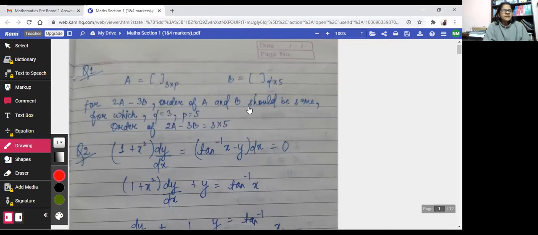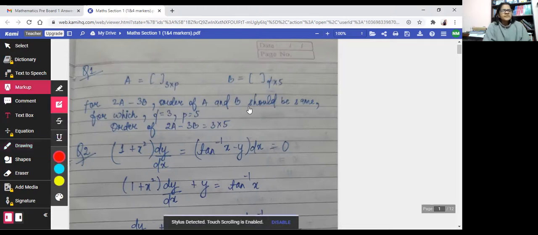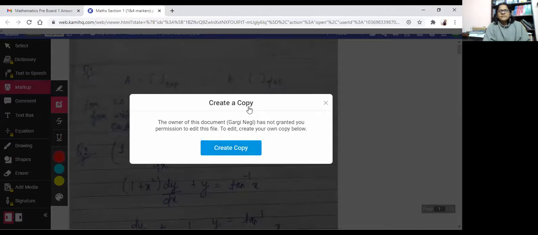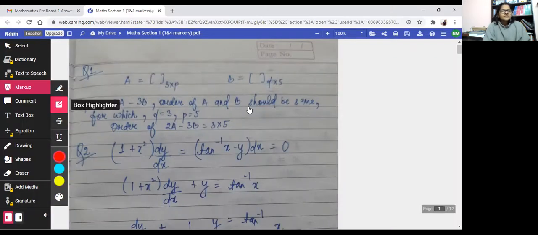So here you see, I need markup. Like here you see, text highlighter, box highlighter, which can be used to highlight some portions. Specifically, whenever you are teaching some theory portion, or sharing any PDF file with the students, and you want that particular portion to be highlighted, you can use this feature. Like I can show you. Suppose I have taken box highlighter, so if I take it like this, I can choose color also. So this is one of the features.